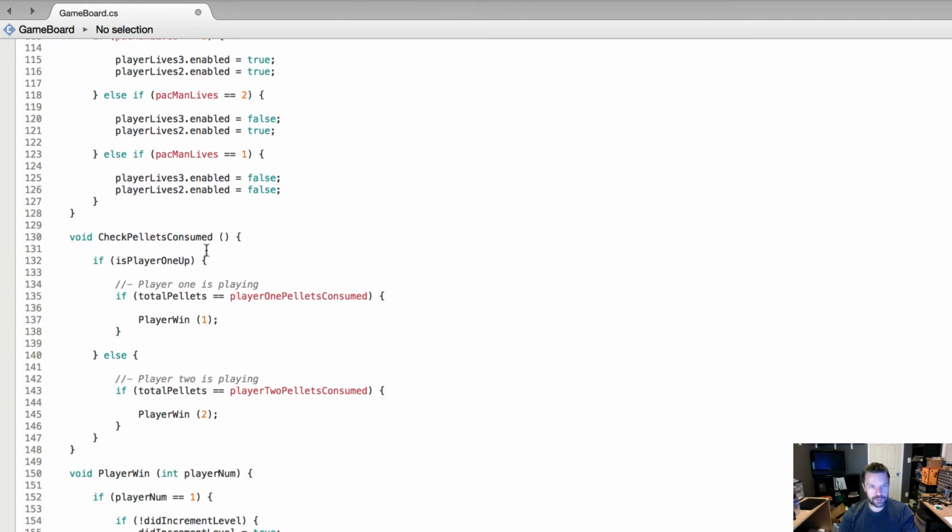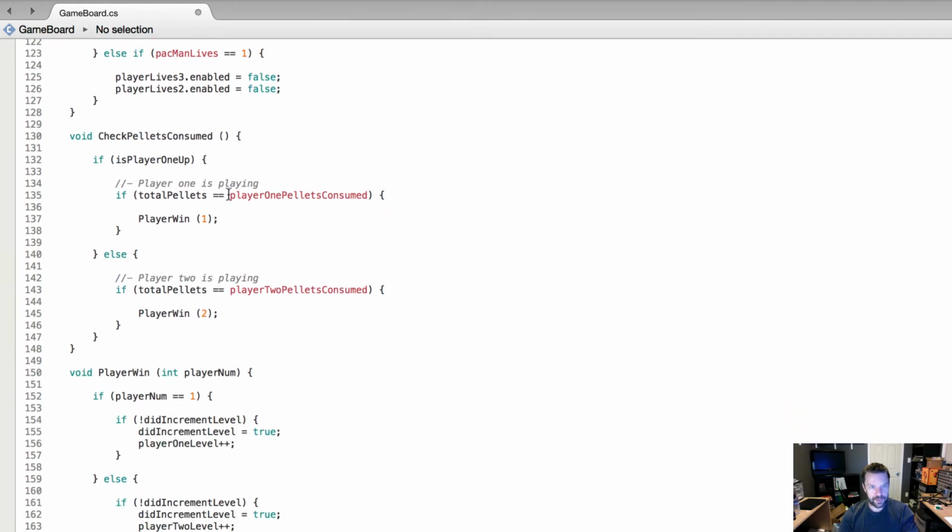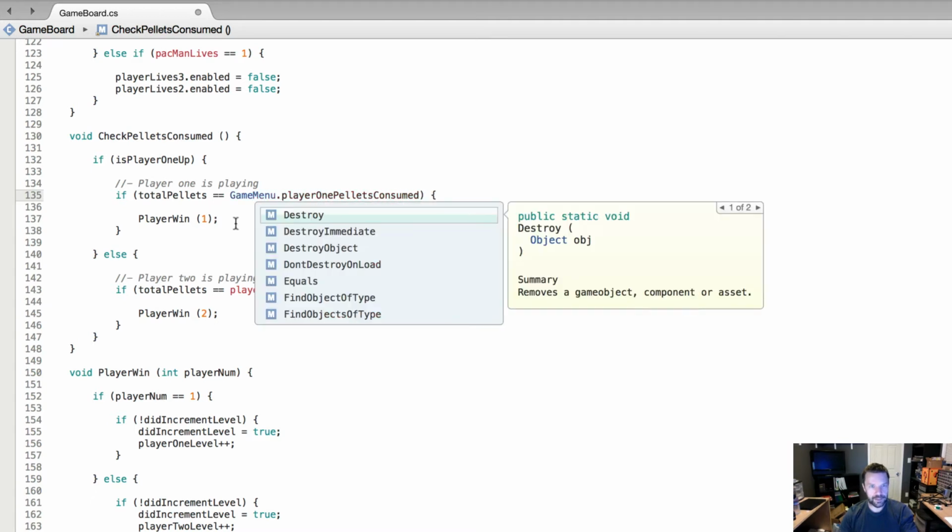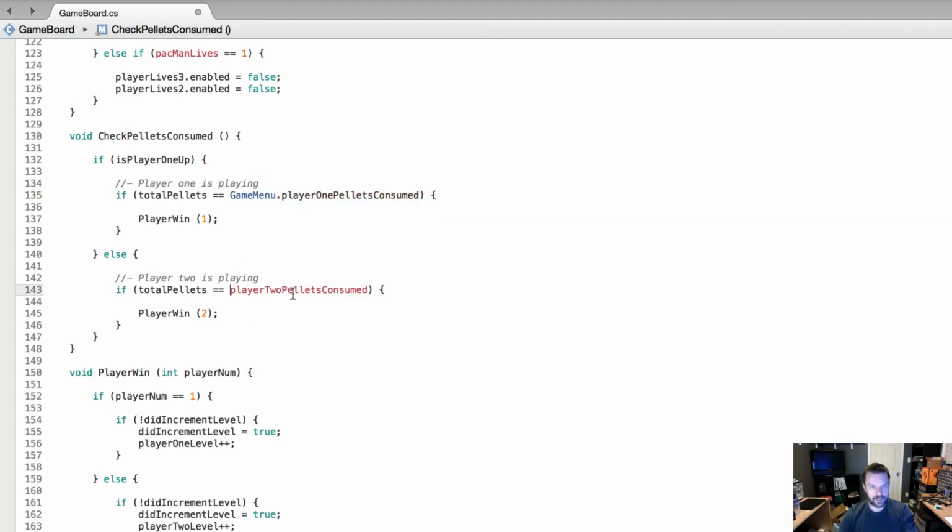We've got check pellets consumed, okay, and right now it's looking for player 1 pellets consumed, but we moved that to game menu, and we made it static so we can just reference the game class. So we can do game menu dot player 1 pellets consumed, and here game menu dot player 2 pellets consumed. All right. So, with that change, the next thing we're going to do is update the